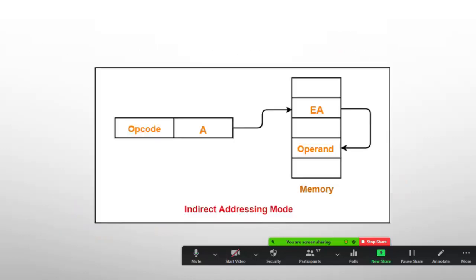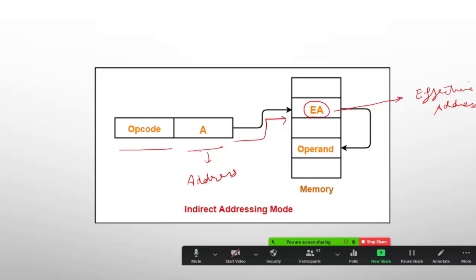Now this is a diagram to show that here this is the output, this is the address, this is the same as the direct addressing mode. This is the address. But what is happening here? When the pointer is moving to the address, then again an address is written here. EA, what is EA? EA means effective address. So when it moves to this effective address, this is actually the effective address. So here the operand is present. So this happens in case of indirect addressing mode, and whenever you specify the instruction, the I will be set to 1 in case of indirect addressing mode.